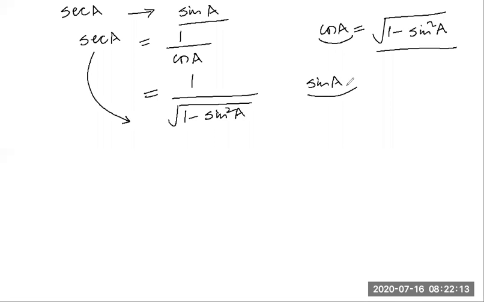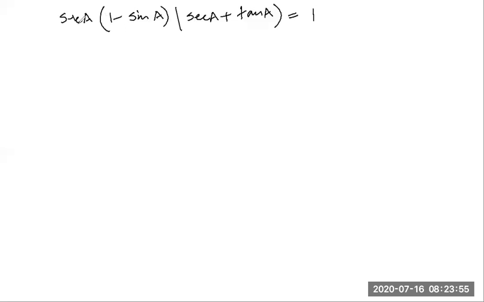Students, let's try to prove that secant A into 1 minus secant A into secant A plus tan A is equal to 1. How will we prove this? Again, here secant and tan are coming. So can you tell me the trigonometric identity where both these ratios come? Secant square A is equal to 1 plus tan square A. Good, Sahaj.